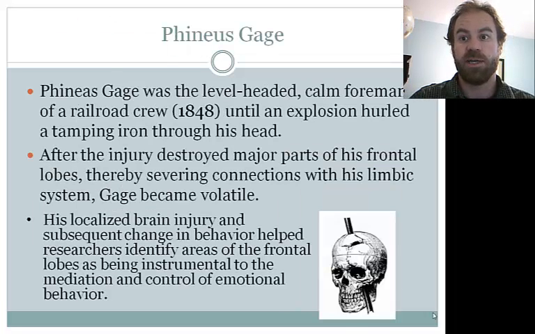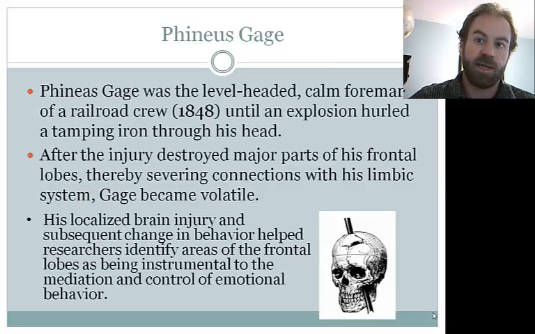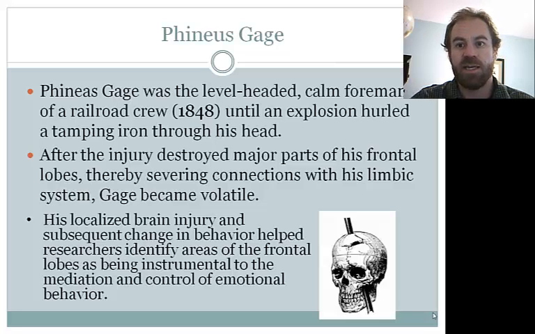One of the most influential cases in the study of the brain is Phineas Gage. Gage was, by all accounts, a pretty level-headed guy, relatively successful at his job, and generally normal. After his accident, in which a tamping iron was blown through his skull, his personality changed dramatically. Now, certainly the trauma of having a 3-foot iron bar driven through your head would have an effect on anyone. But in the case of Phineas Gage, the resulting brain damage fundamentally altered his behavior. From this case, we've learned the role of the frontal lobes in moderating and controlling emotions.